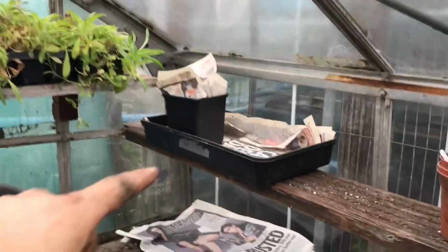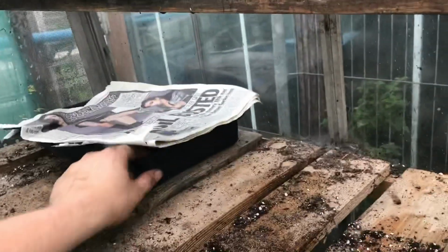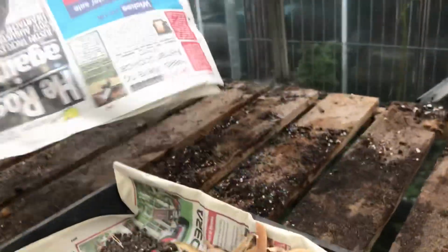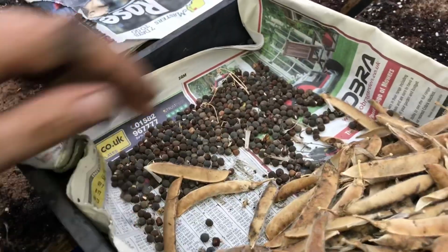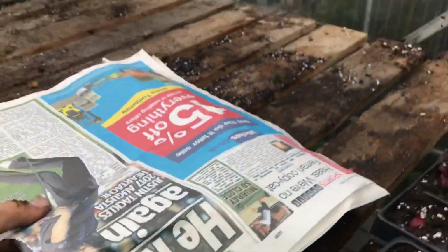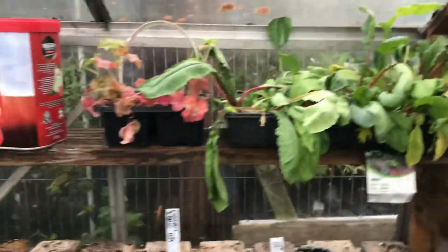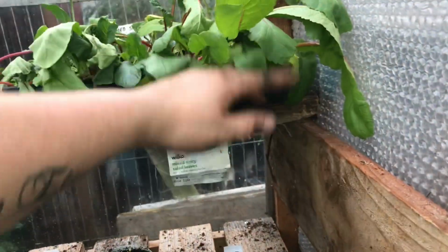I've got my sweet pea seed on here as well that I've saved from outside. Grandad Dave had been in and kept some, so I've got plenty to go from there to see if it germinates. I've got loads in that little pot as well at the back. But yeah, this makes spicy salad leaves as well. I can take them,